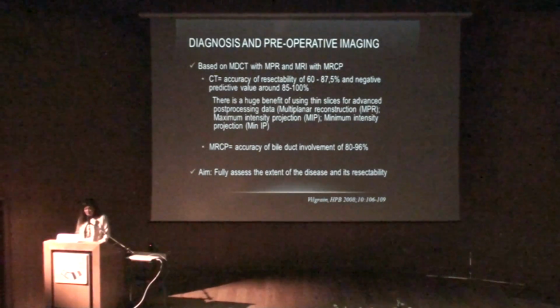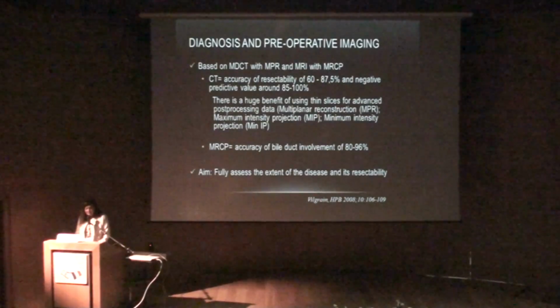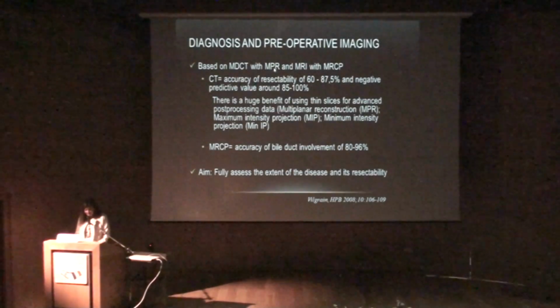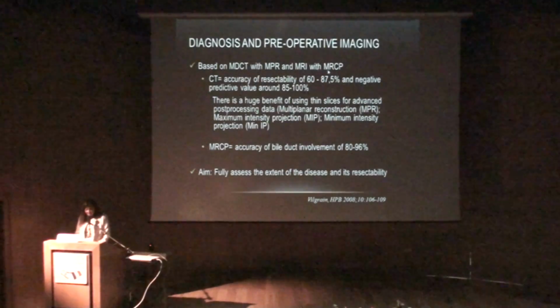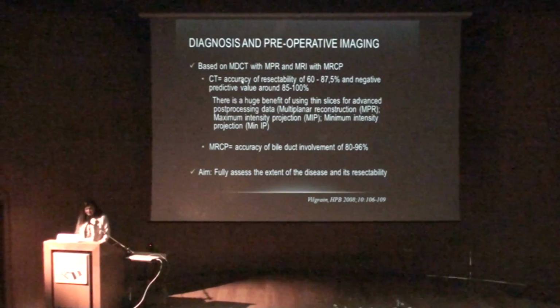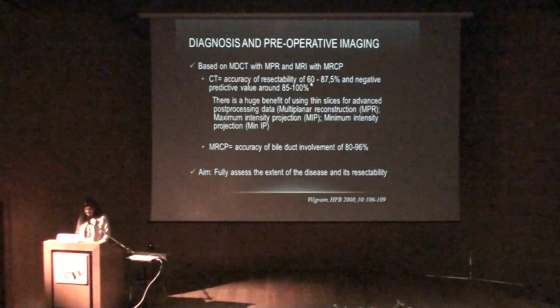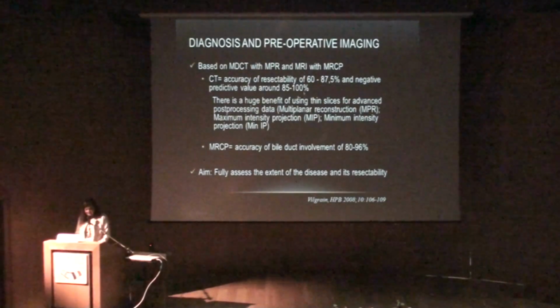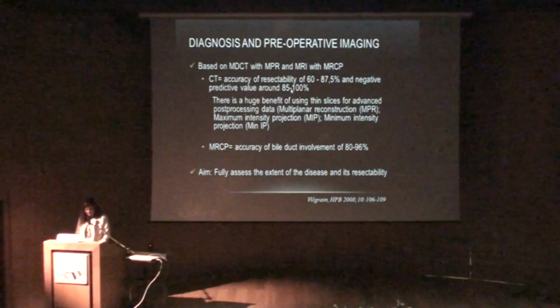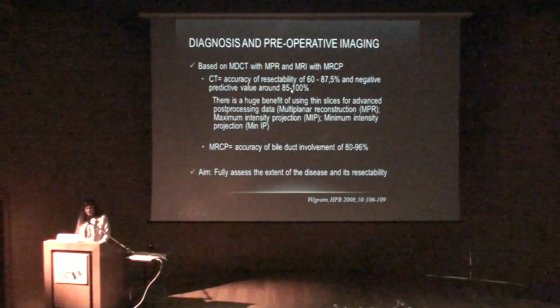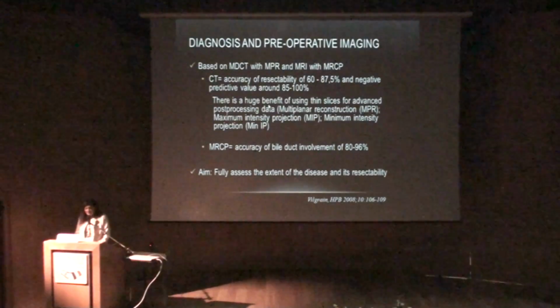So the diagnosis and preoperative imaging is based on MDCT with MPR and MRI with MRCP. The accuracy of resectability for CT has been evaluated around 60 to 87%, with the negative predictive values around 85 to 100%. And really, you have huge benefits of using thin slices